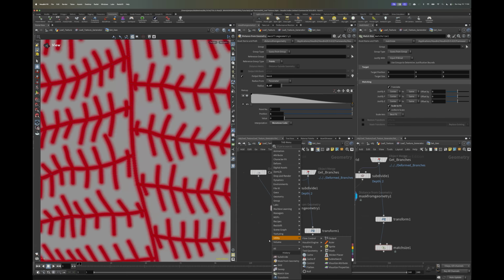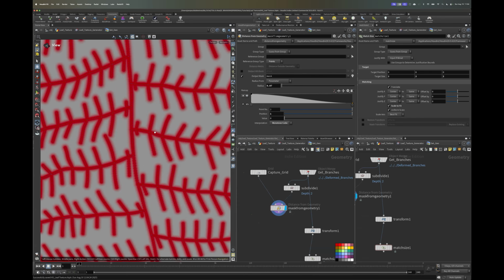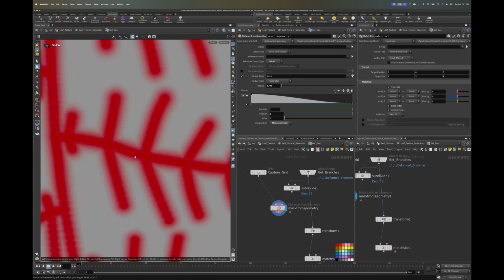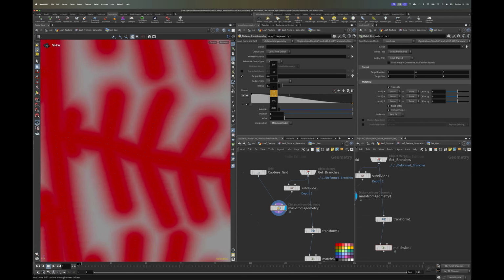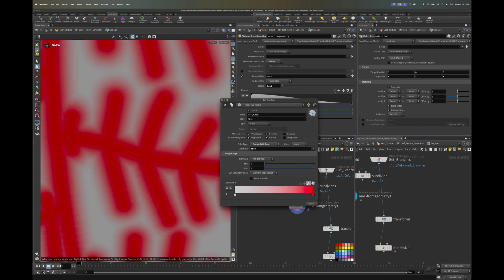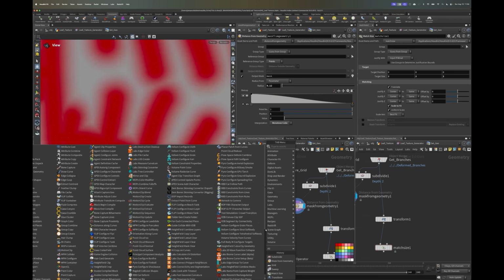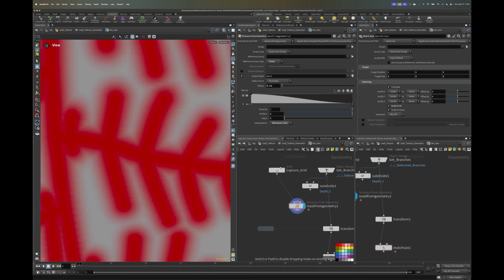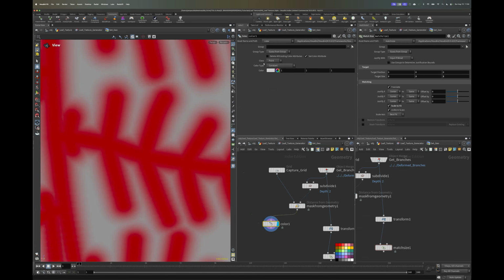I always find it hard to visualize in my head what the falloff exactly looks like. You can see some blurring over here. If you increase this, you can see it gets more blurry, but because it's red, it's hard for me to visualize. You can go to this visualizer here. Now it's called mask, and change the color here. But actually, what I tend to do is just create a color node like we did before, put it in here,